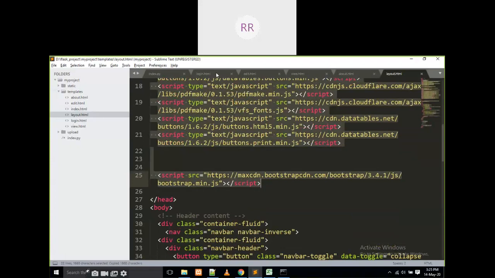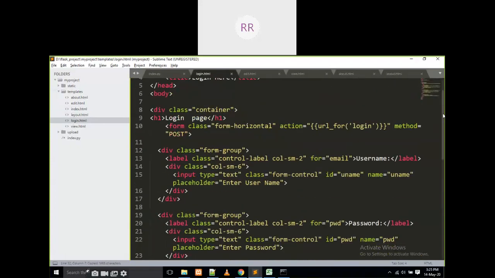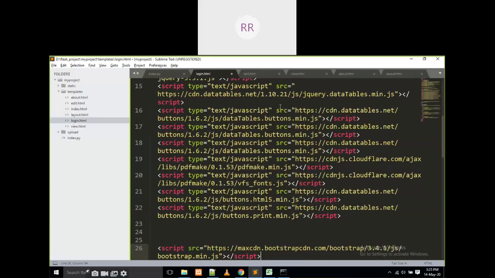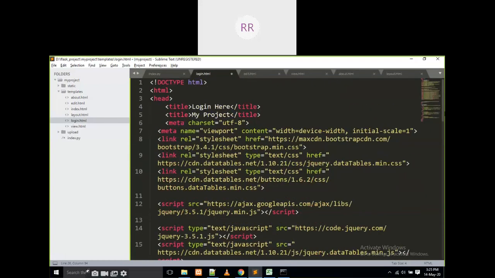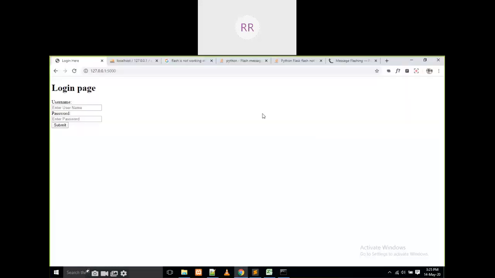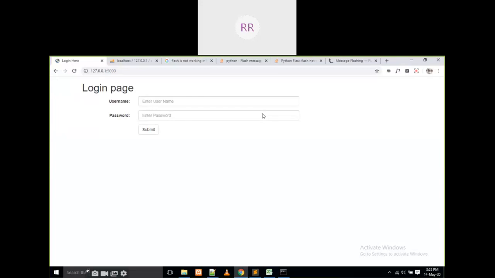There is no need of the data tables links, this is enough. If I refresh it, it is going to be like this: login page, username and password.